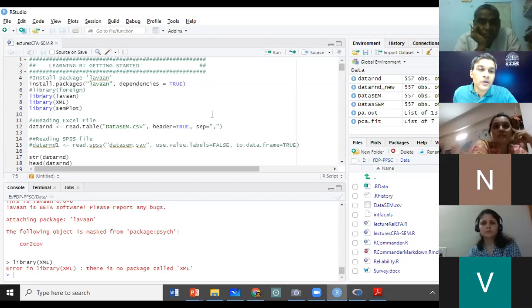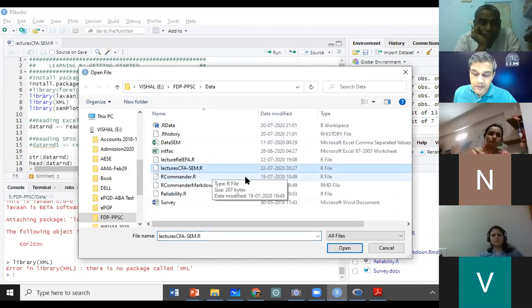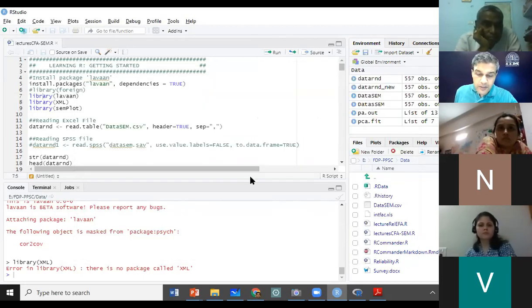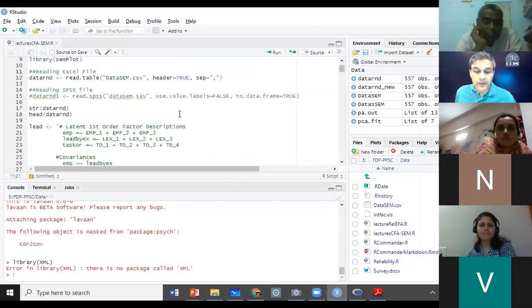First of all, you will have to save it in your working directory, and then File, Open File, and you will see the R script here, cfa.sem.r. Open it. Is that okay? Yes. Okay.